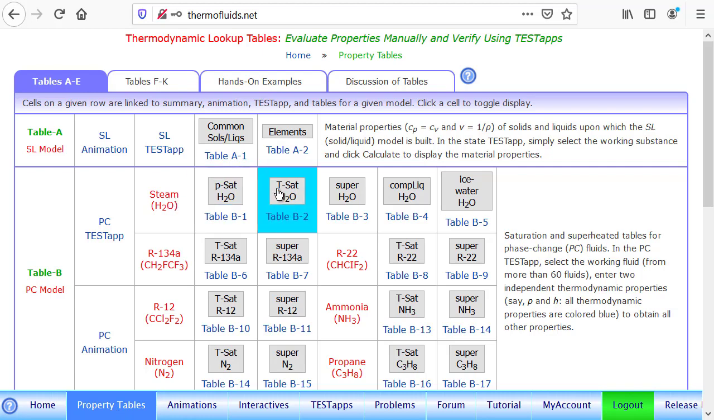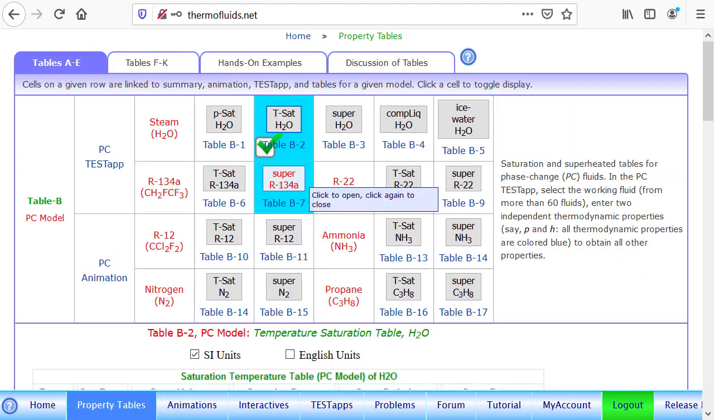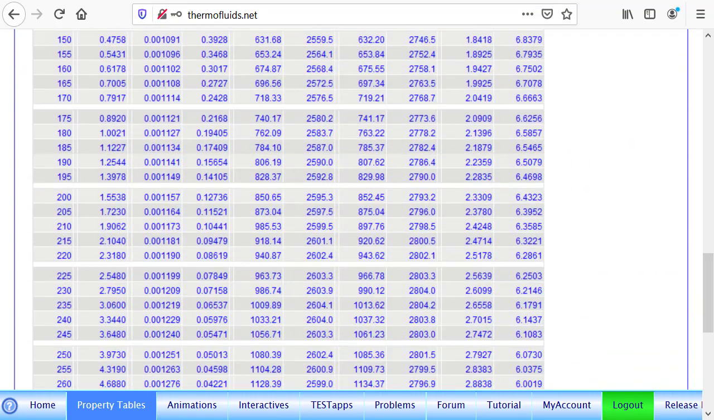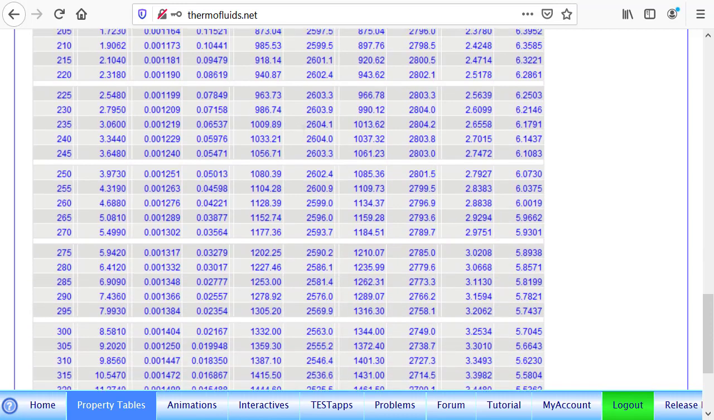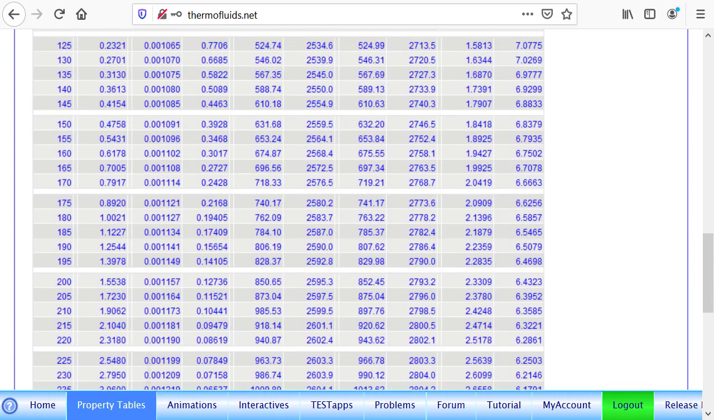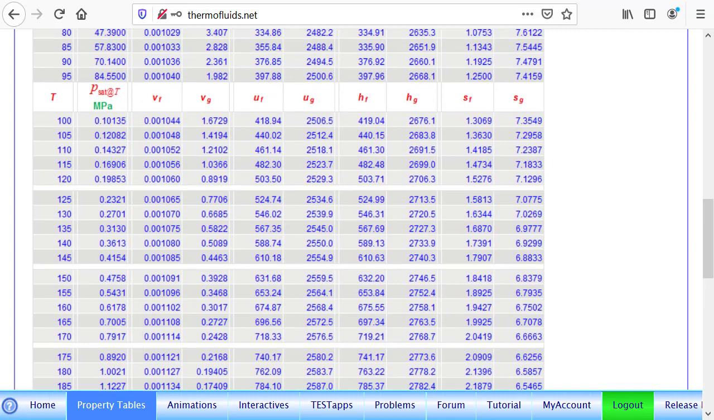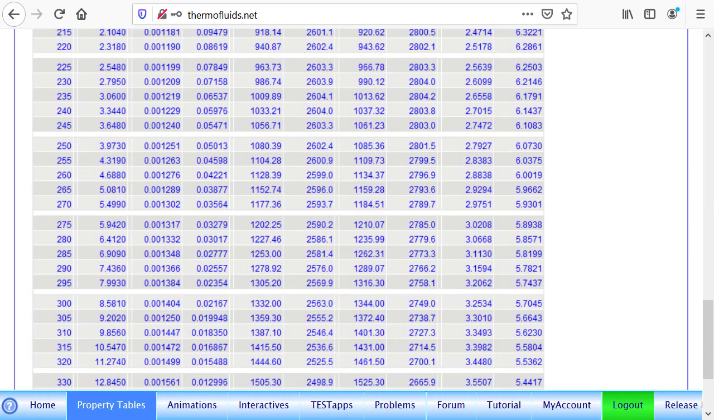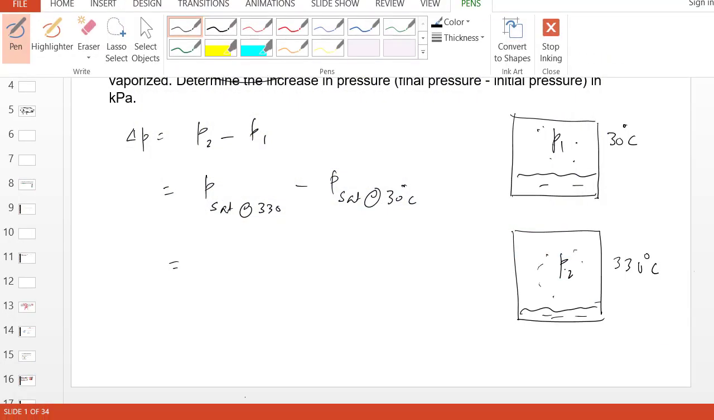This is a complete manual solution. So we look at the saturation temperature table, and at 330 degrees Celsius, we pick up the number. As you can see, at 330 degrees Celsius, the pressure is 12.845, and this is, by the way, in MPa, as you can notice. So million Pascal. So if we take this number and plug it in for Psat at 330 in kPa, it will be